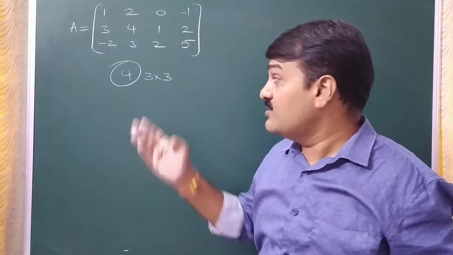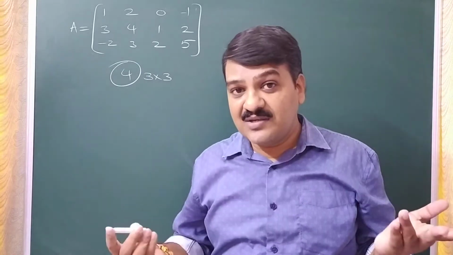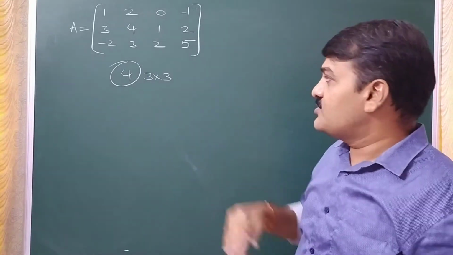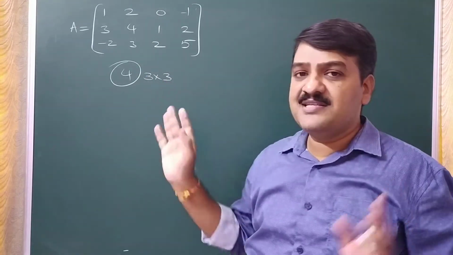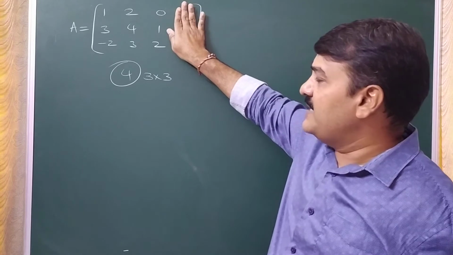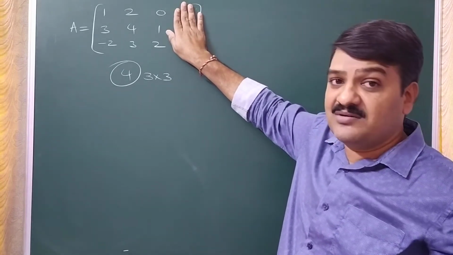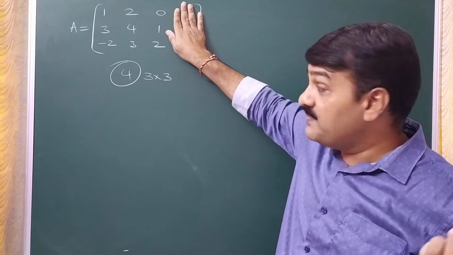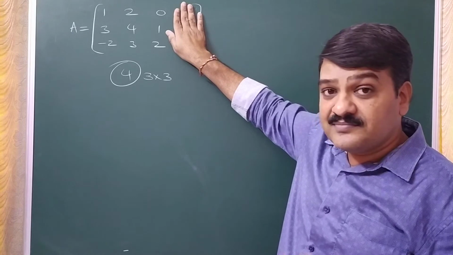Then are you going to check all the 4 3 by 3 submatrices? Is it not going to be difficult? So if you get the determinant not 0 in the first 3 by 3 submatrix only, it is well. That is, if I remove this one and find the determinant, and I am getting not 0, it is very good, the rank is 3. But what happens if you get determinant 0 for this?